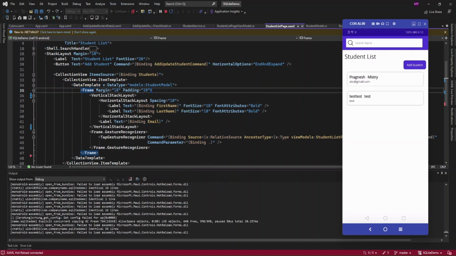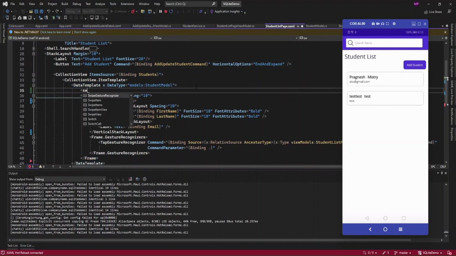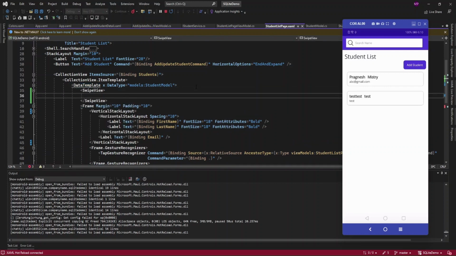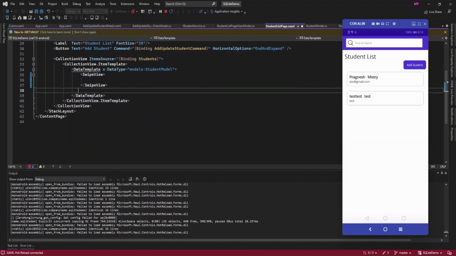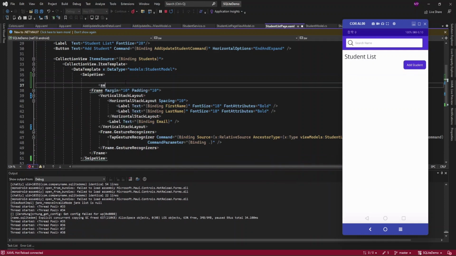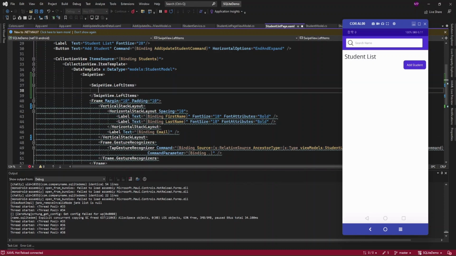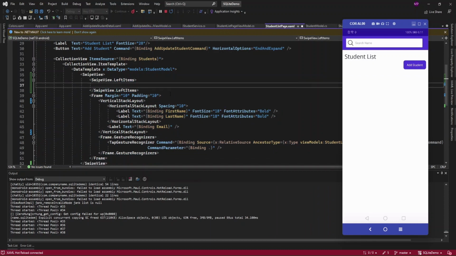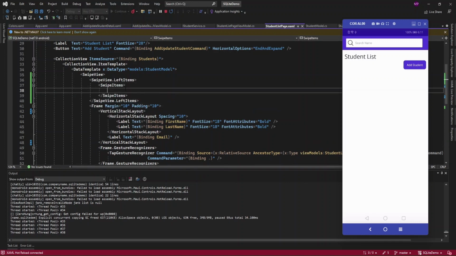Okay, so here in the collection view data template, I'm going to add a SwipeView, and this contains the displayed student information. Now here I'm going to add SwipeView.LeftItem. You can use either left item, right item, top item, or bottom item. Here I'm going to use left item, and in SwipeView.LeftItem I can use multiple items. For that I'm going to use SwipeItems, and now I can use an individual SwipeItem. So that tag,